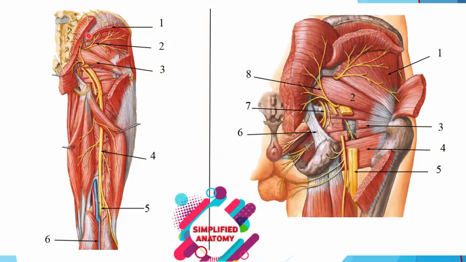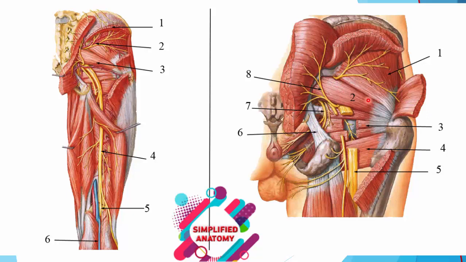This is the gluteal region and these muscles are present in the back of the thigh. At magnification, number 1 is called gluteus minimus. This muscle is called gluteus medius and this large muscle is called gluteus maximus muscle. Number 2 is piriformis. This muscle is superior gemellus. Number 3, obturator internus, and this muscle is called inferior gemellus. A quadrangular muscle, number 4, is called quadratus femoris muscle. This ligament is called sacrotuberous ligament.